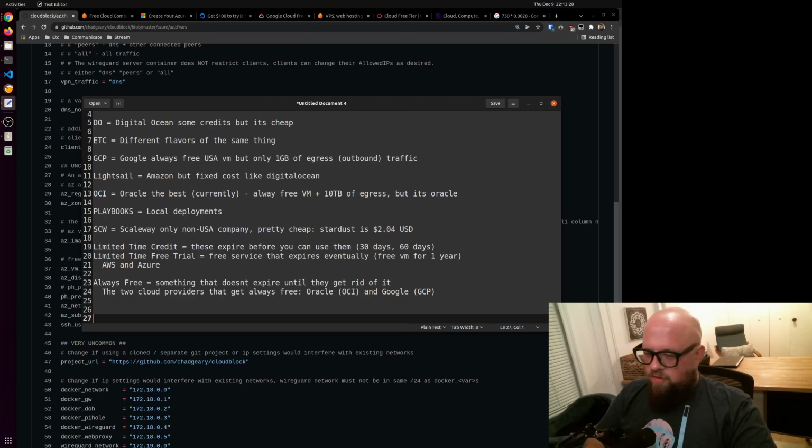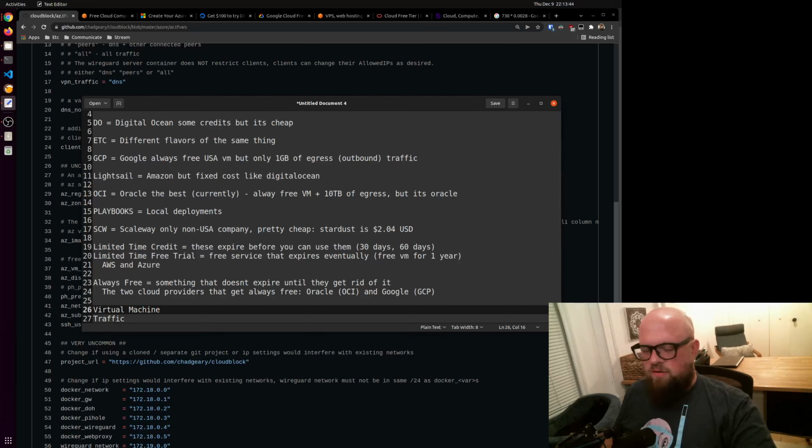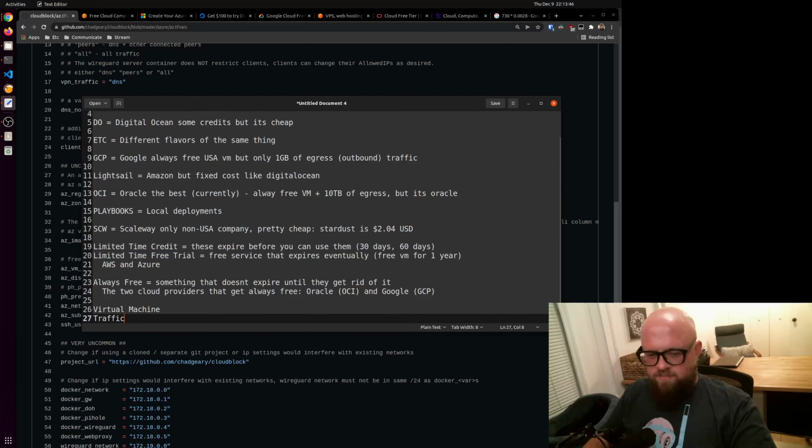If you didn't have a free account, if you used AWS, if you use Lightsail, Google Cloud, Scaleway, whatever it is, there are other things that begin to get charged for. One of those is traffic. This is the big one. So there's the virtual machine, which is the server that runs Cloudblock or Cloudoffice. There's traffic leaving the cloud, egress.